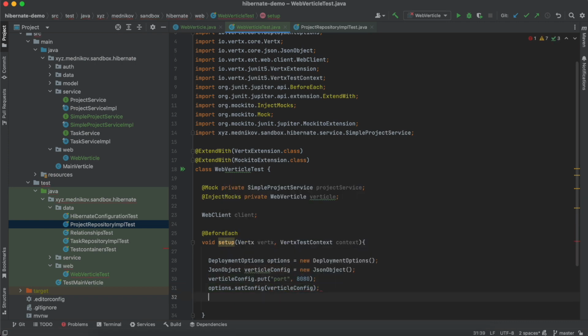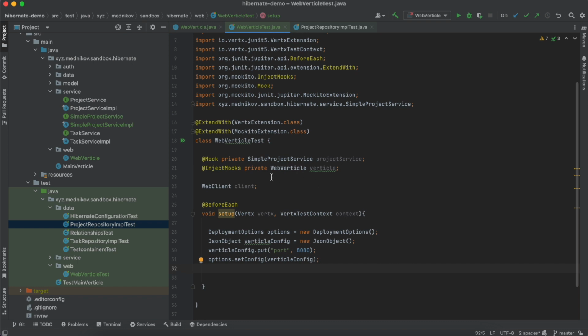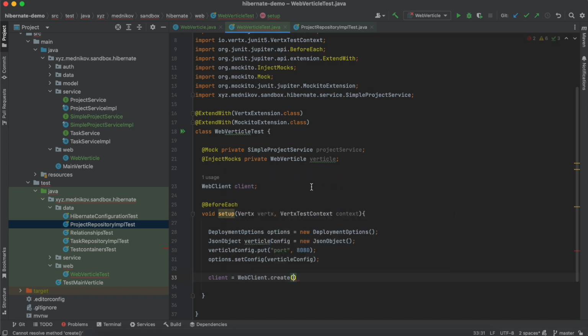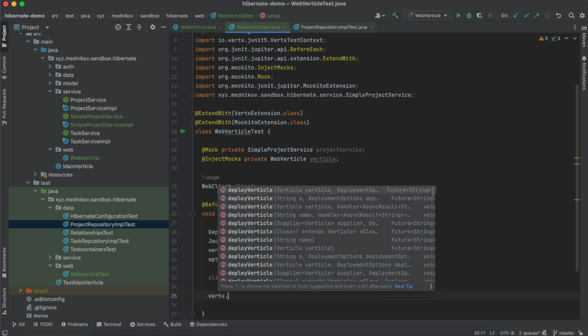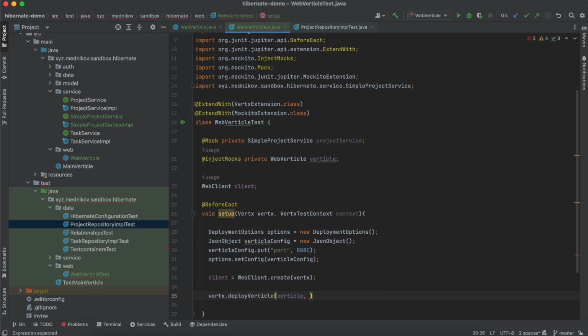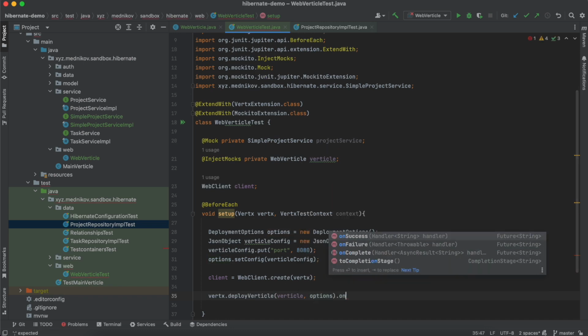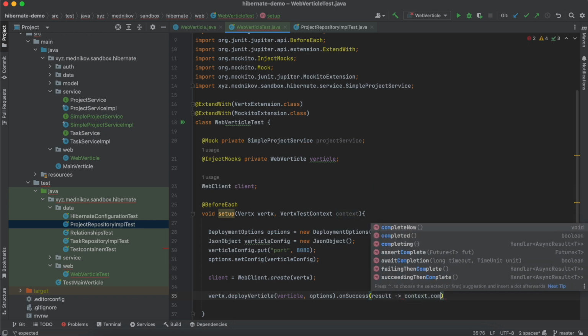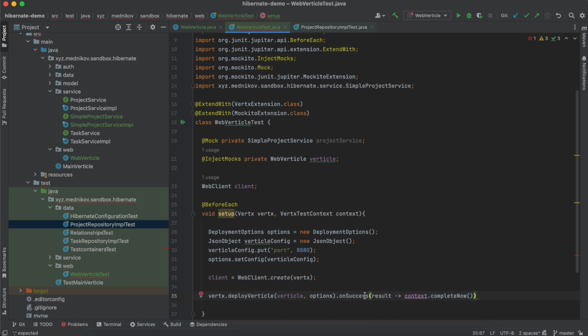a vertical configuration. Now what we could do, we could create a client instance. So we say client web client create, and we'll use this Vertx object. And then we could deploy this vertical, because again, in order to deploy, we need to call Vertx deploy vertical. So it's a Vertx deploy vertical, we pass a vertical here, and then we specify options. And then we could provide on success. And in this case, we say context complete now. That means that the context will go to the next